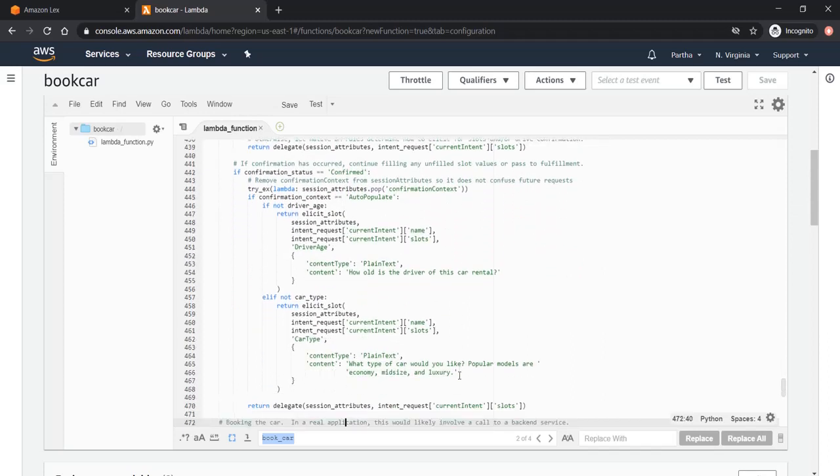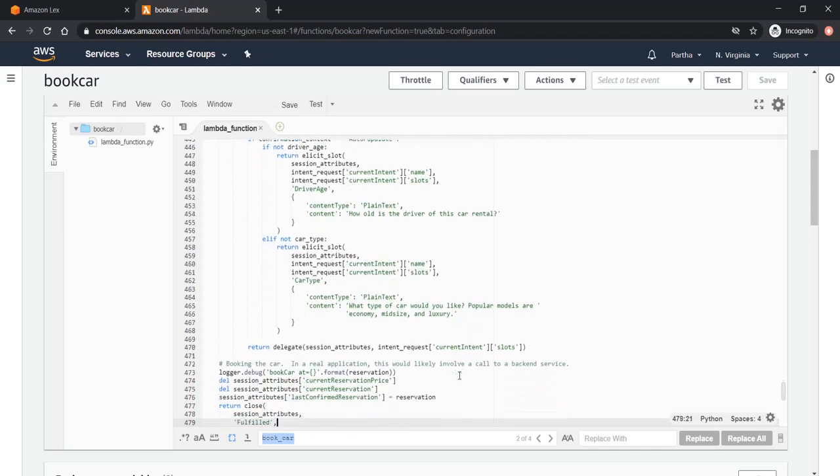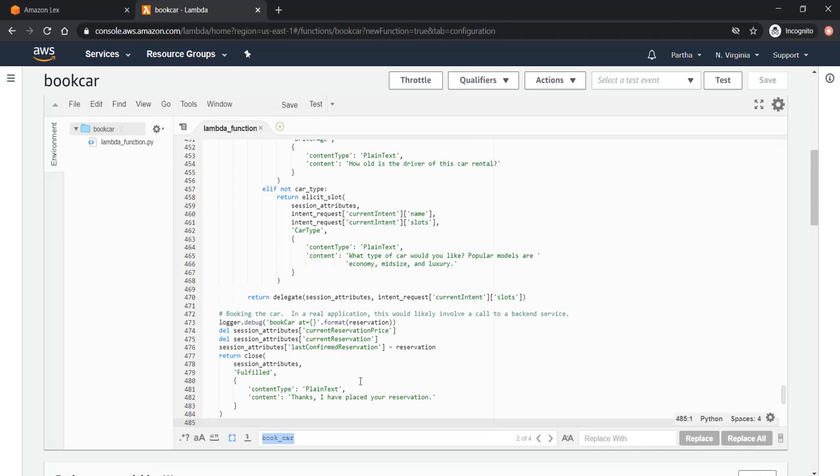I want to basically post the values in my actual business application database tables. So as of now, what you can see is it is returning this particular message, like thanks, I have placed your reservation.